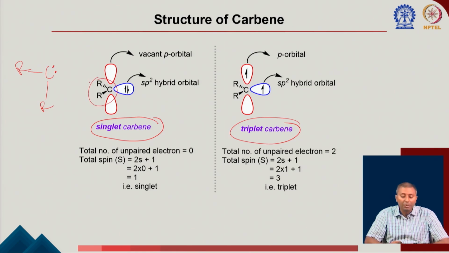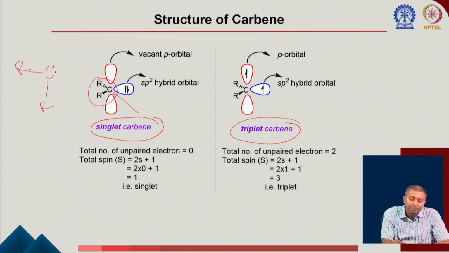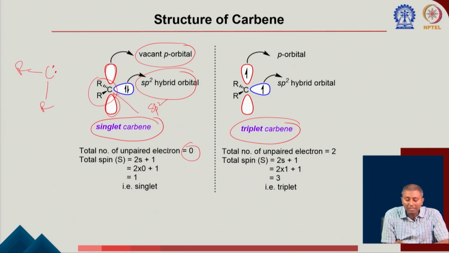So in general, what we are seeing here is that this carbene has an sp2 hybridization for this carbon. Now you can see there is a vacant p orbital here. And these 2 electrons are paired in this sp2 hybrid orbital. Here you can see the number of unpaired electrons is 0. So the total spin, 2S plus 1, is going to give you 1, which is why we call it